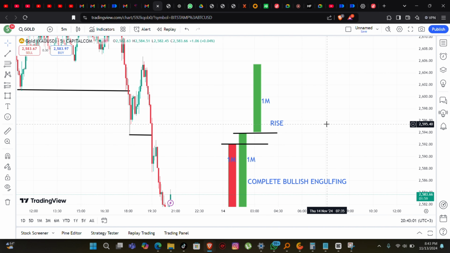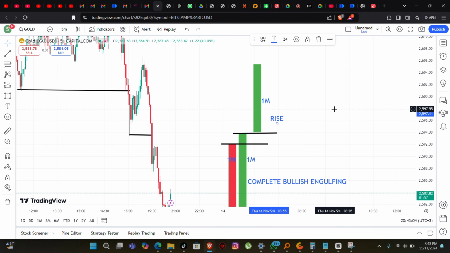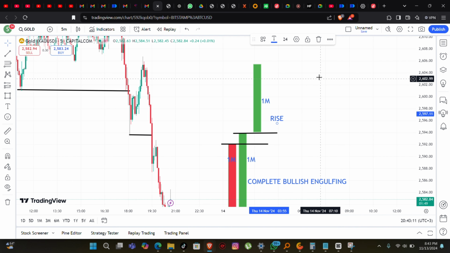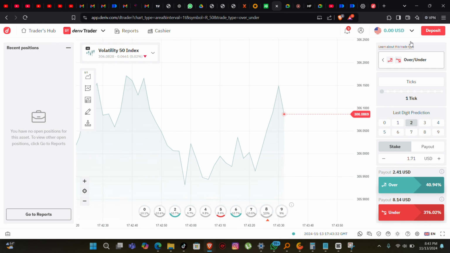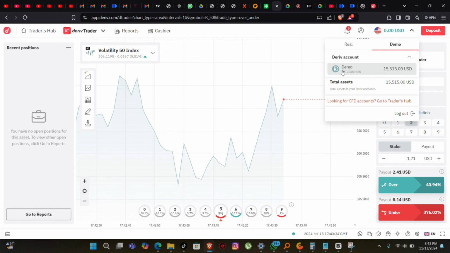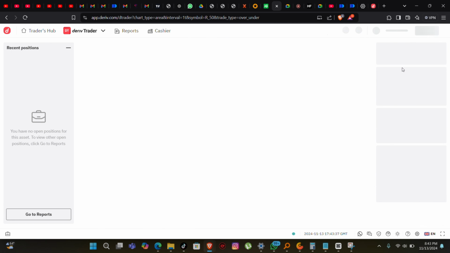then it means we are in profit. Now if you are in profit on a rise market, you are going to make like 92% of your initial investment. So assuming you are risking $2, you're going to make 3.8 USD. So it is better than trading an under 9 market with a bot, an under 8 market with a bot, an over 1 market, an over 0 market, an over 2 market, even I think over 3 and under 7. The return is good. The return is 90 what percent. Let me try to go back to DERIV and see. So the return on so you have to